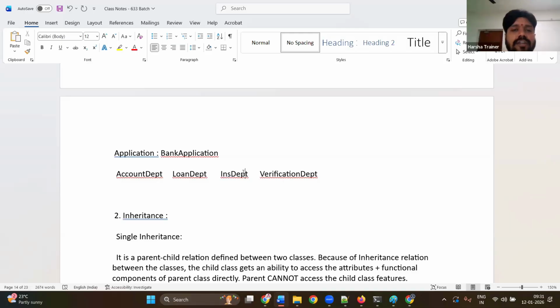So next, the inheritance concept. Before we proceed to discuss more about these classes, reusability and all, we will go with inheritance. It is a universal concept.